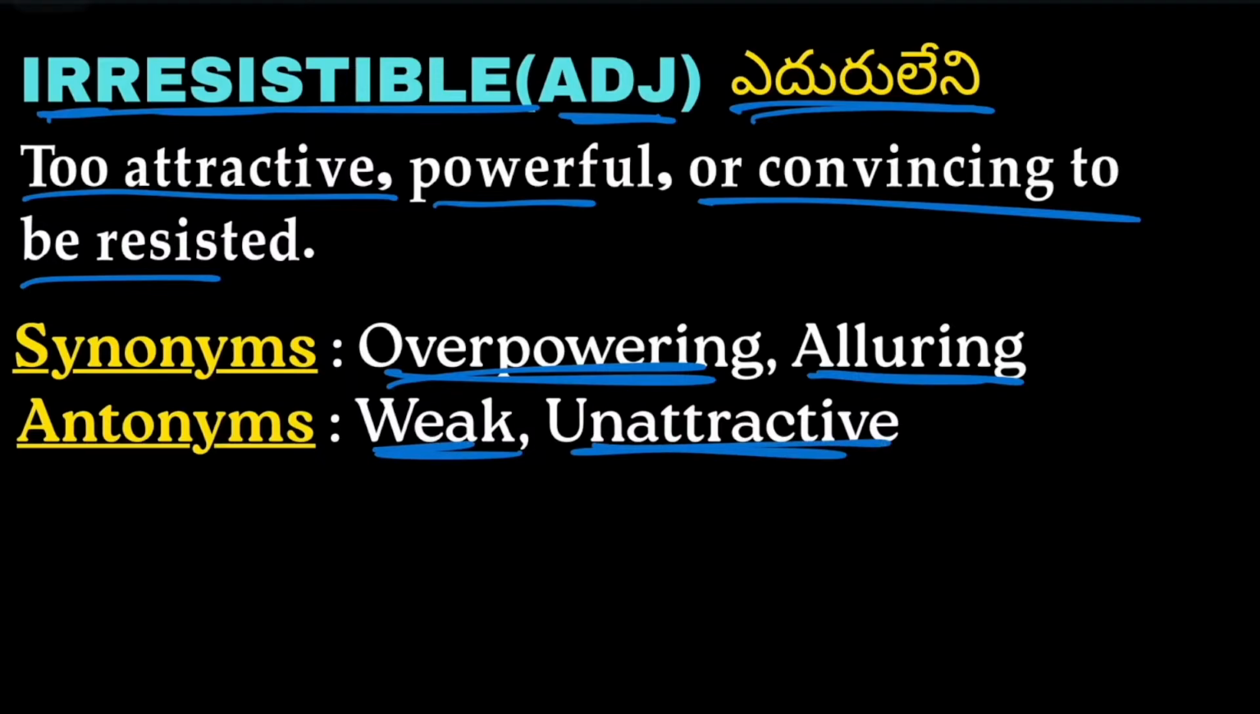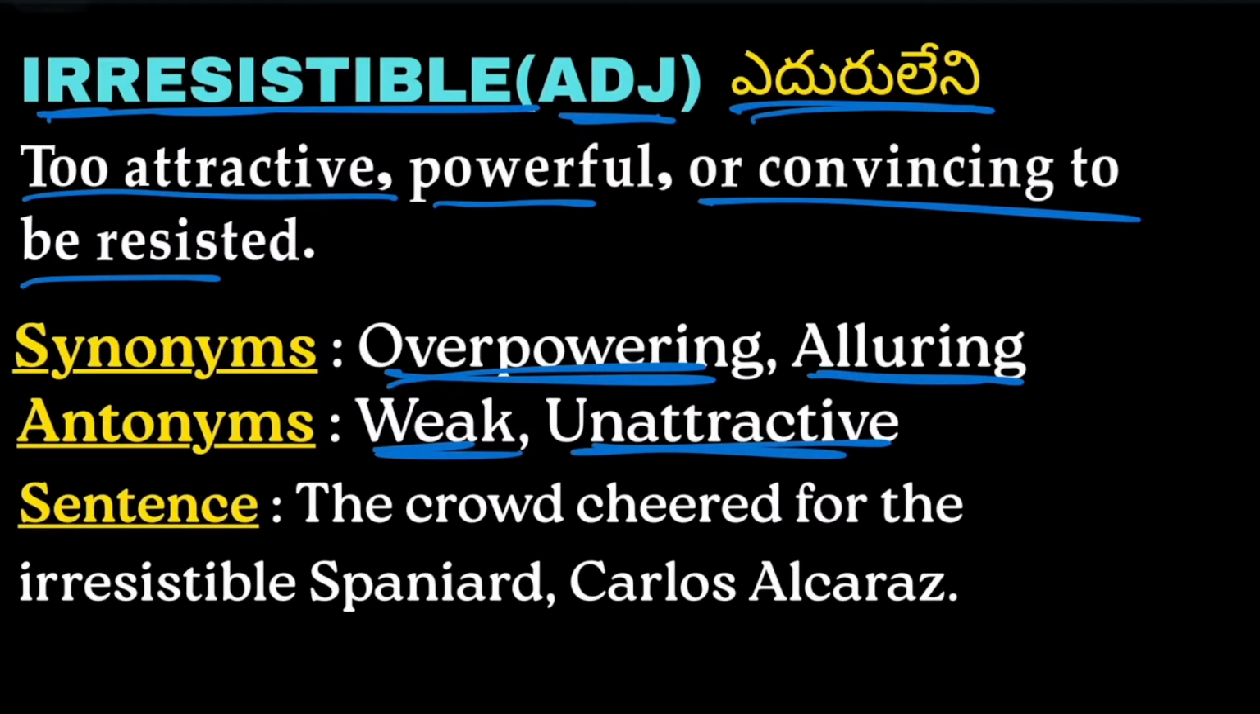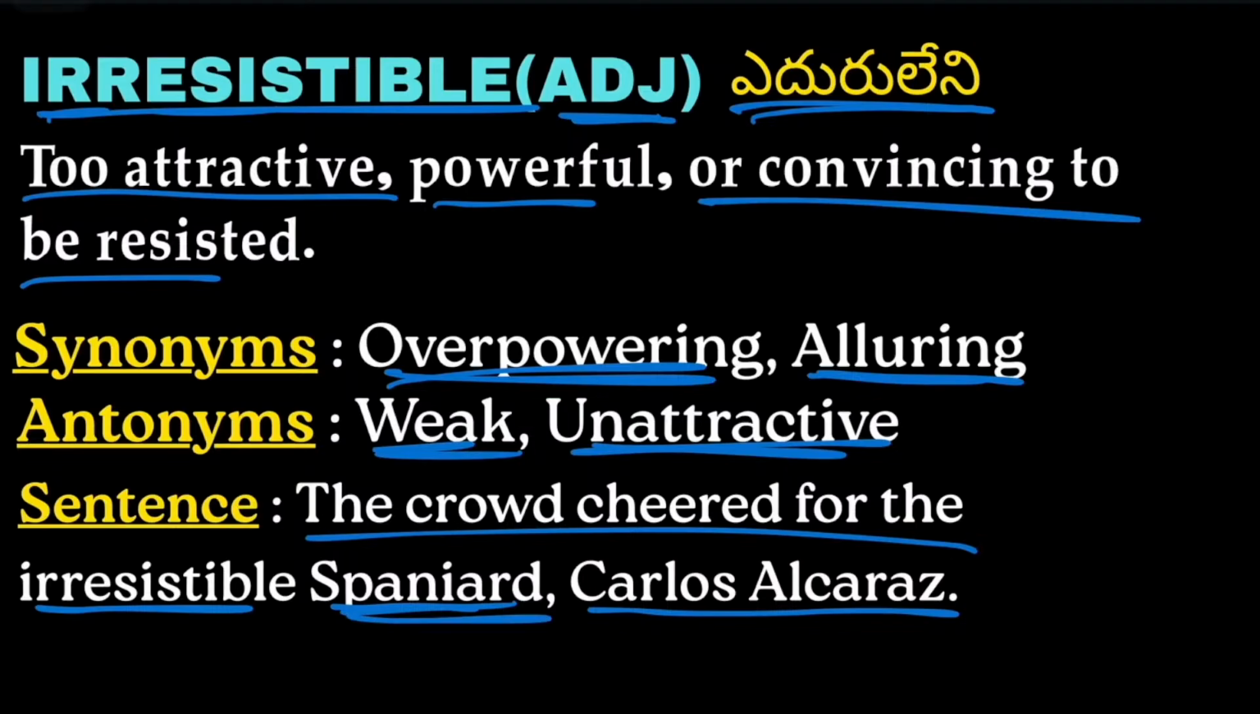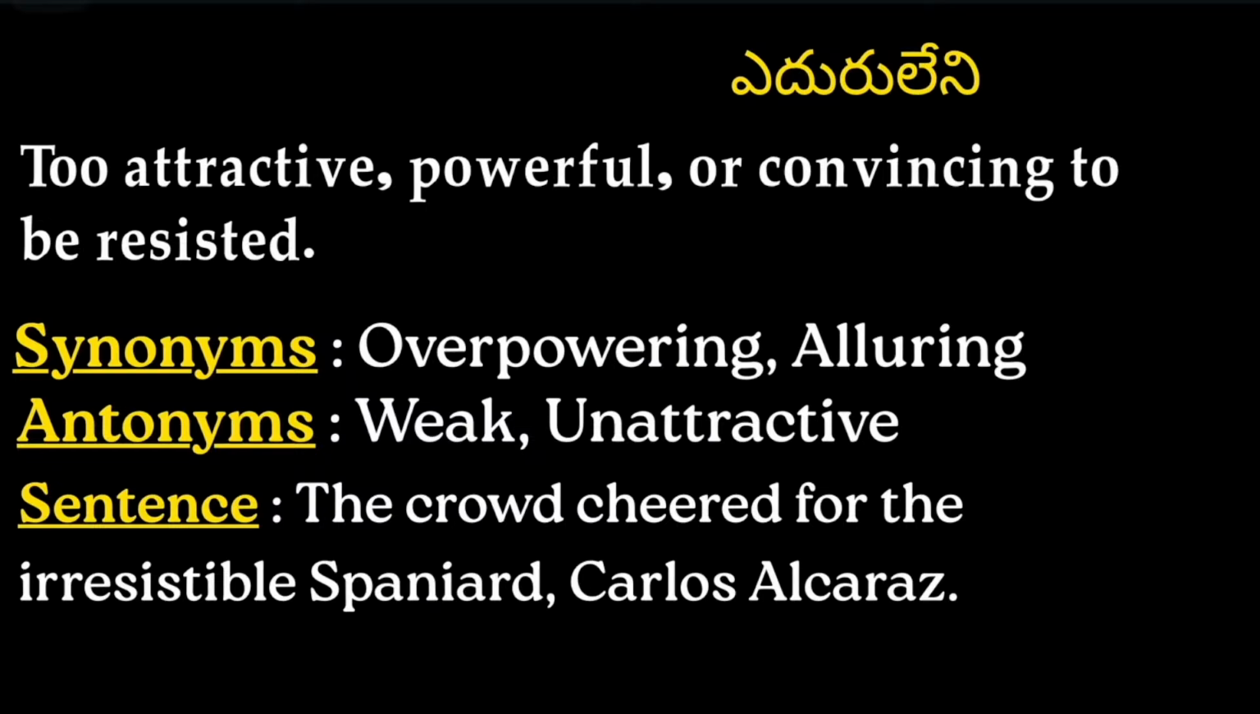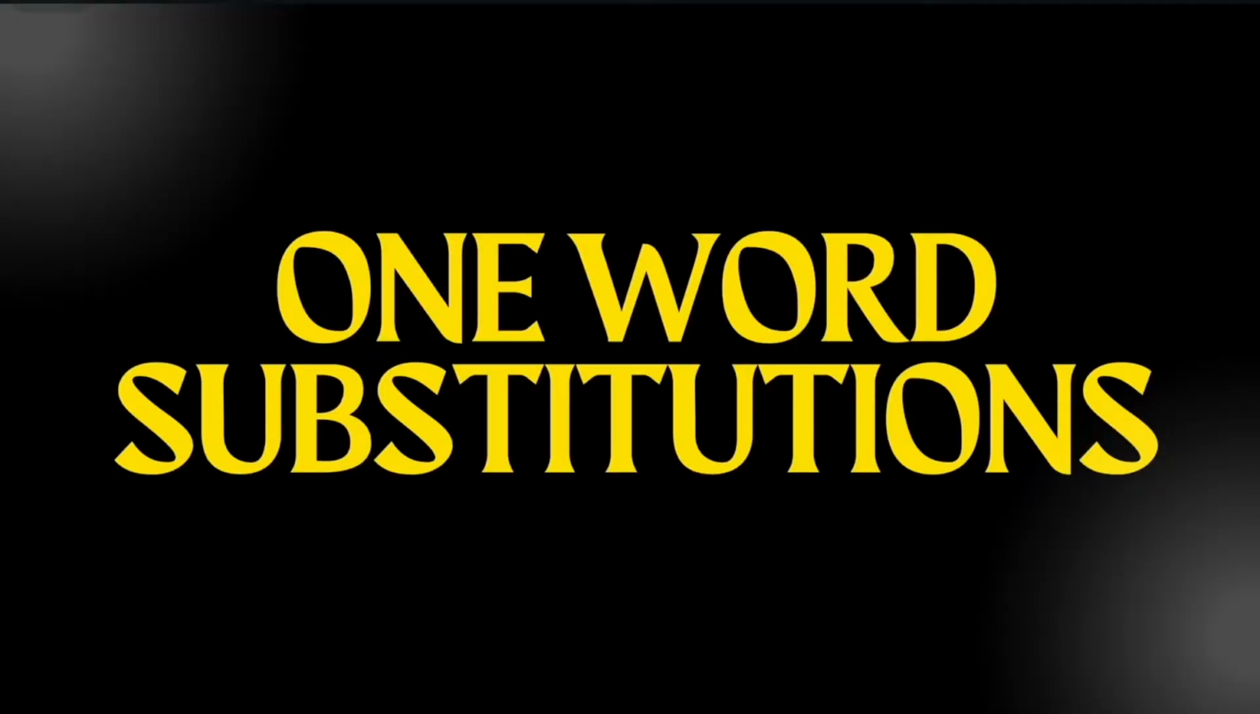Weak and unattractive. Example, the crowd cheered for the irresistible Spaniard Carlos Alcaraz. So the crowd had cheered for the irresistible Spaniard Carlos Alcaraz. So successfully we have completed the one word substitutions and now let us move on to the next part